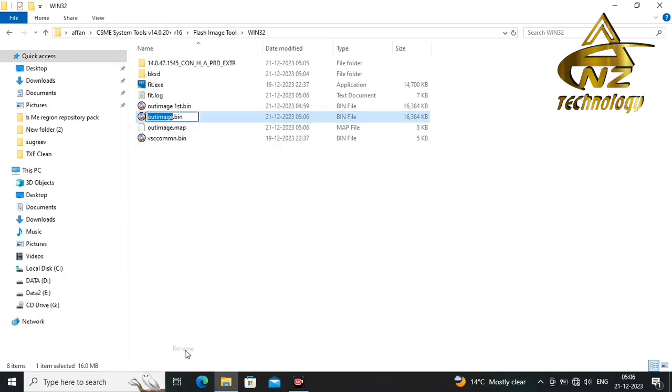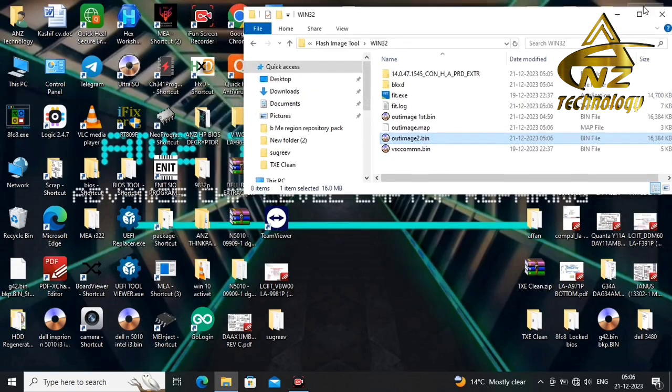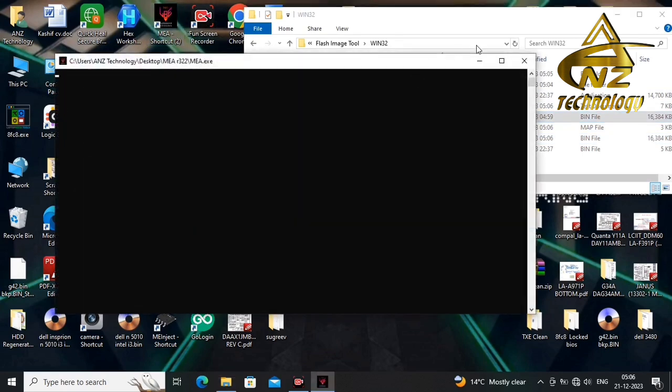So now we will change the name to second. And now we will analyze both of our new CSME clean files in the ME Analyzer. So I will drag both BIOS onto the ME Analyzer.